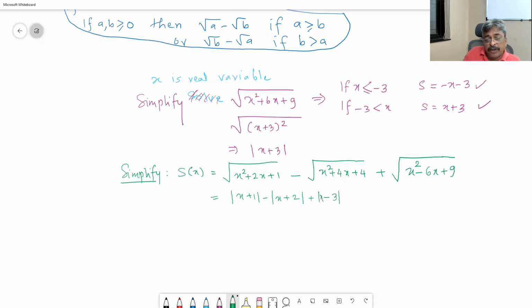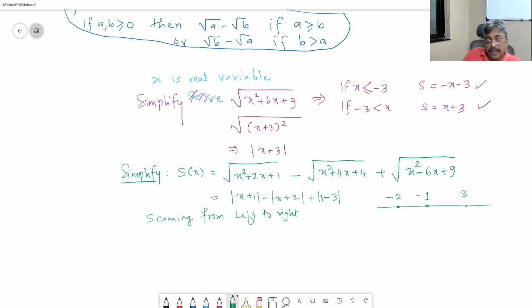And one way to deal with this is to draw the graph or algebraically scanning from left to right. Important points. If we visualize this as distances, then important points are minus 2, minus 1, plus 3. These are the important points